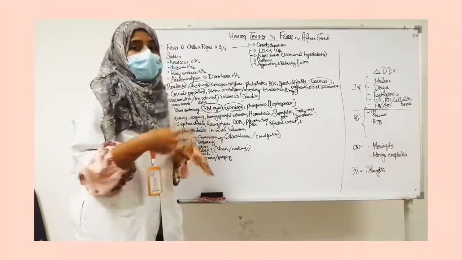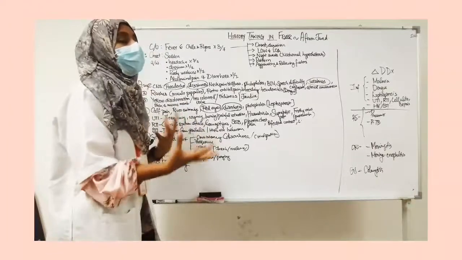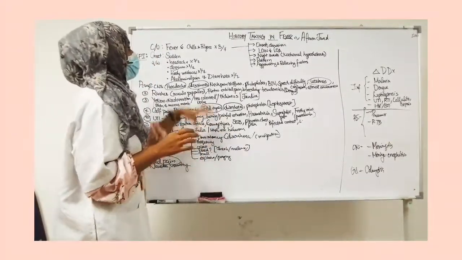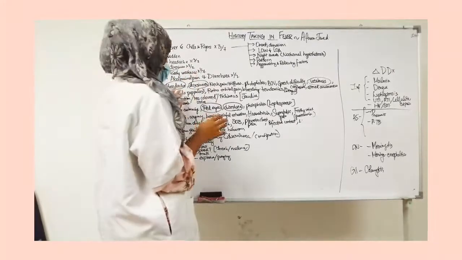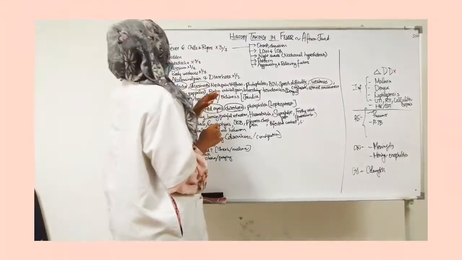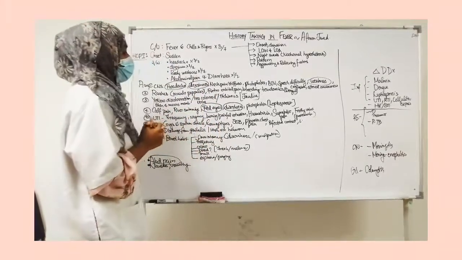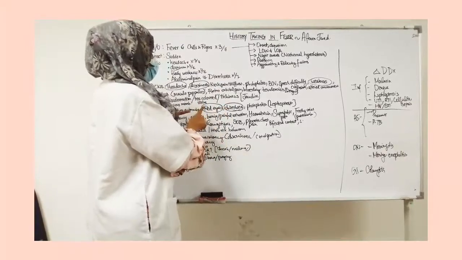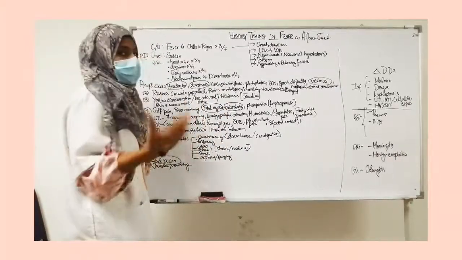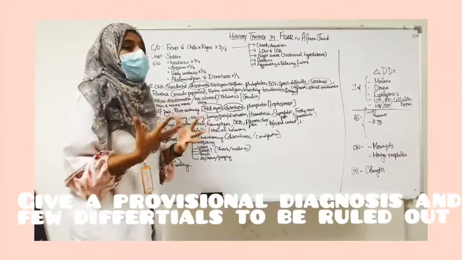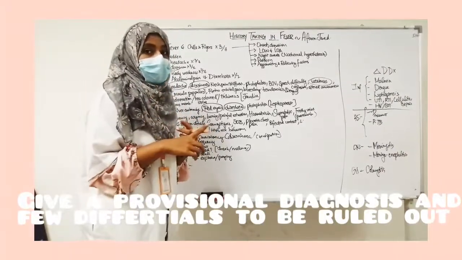It is less likely to be a GI cause as well, because diarrhea is very non-specific. He did not mention any very significant changes. It's just normal diarrhea and it just started today, so it might not be very related to the fever itself. And then apart from that, he told about dizziness, headache and weakness. So these are also quite non-specific. So based on the diarrhea, red eyes and the fact that we live in an endemic place for leptospirosis, the first thing I would give as my provisional diagnosis is leptospirosis.